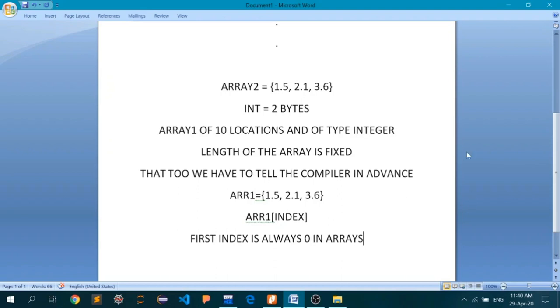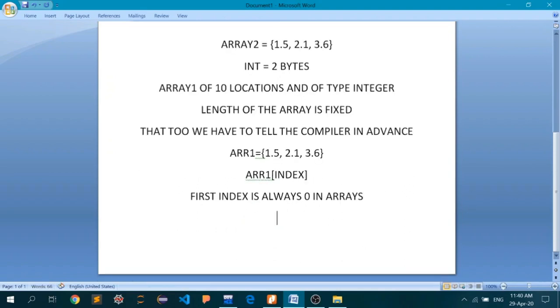So if I write something like ARR1 and I write the index 0, I'm actually accessing 1.5. So this is the 0 index, first index, second index. So in total how many locations? 1, 2, and 3.